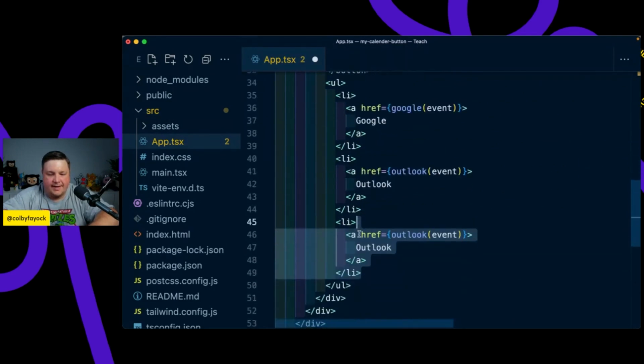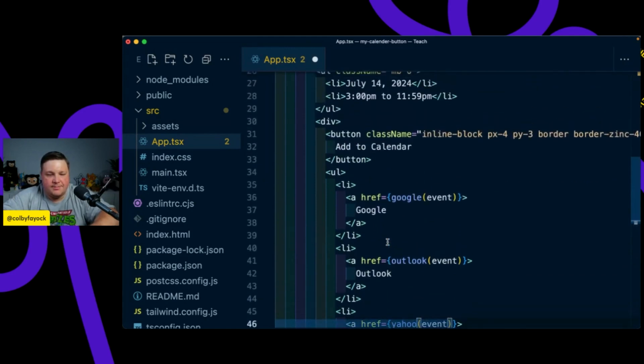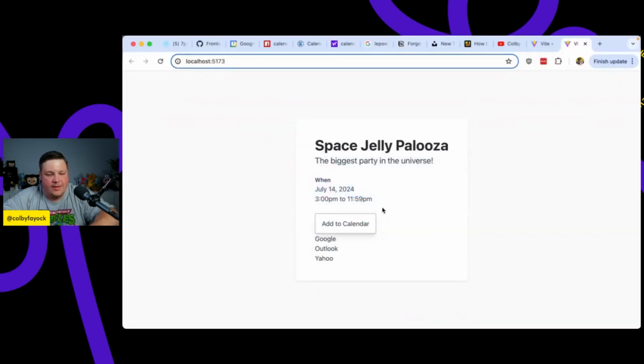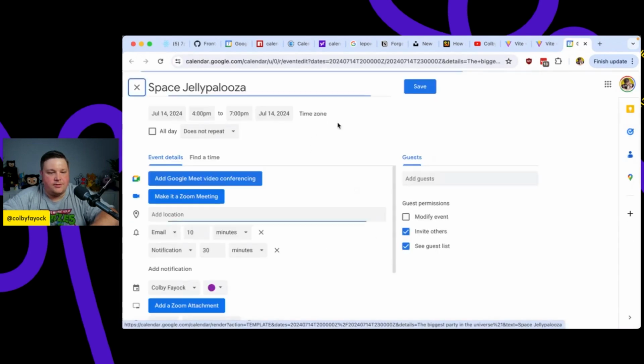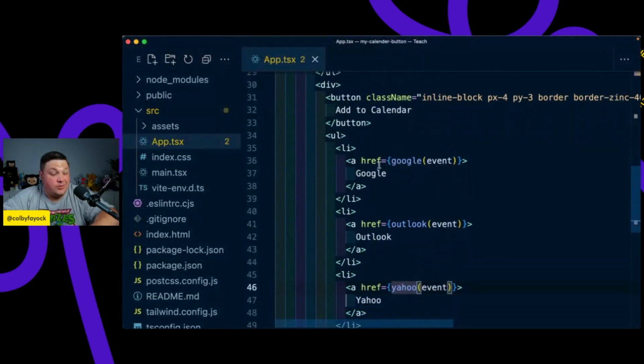And we have finally our Yahoo, and we can add the other ones later after we just get this baseline here. So now that we have that list, we have all the different links. If I click it, open up a new tab, it works. I want to force opening it up in a new tab so that when somebody clicks it, it does it